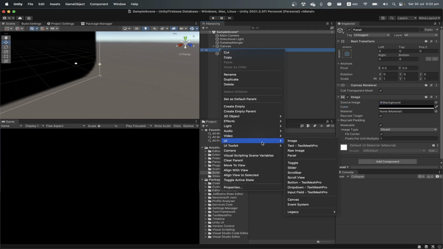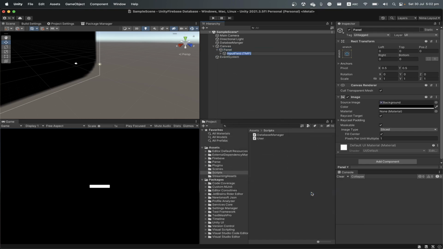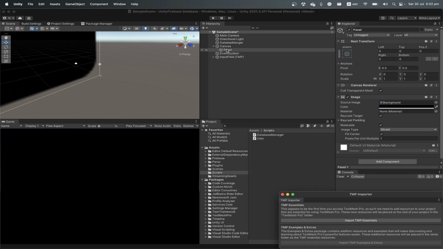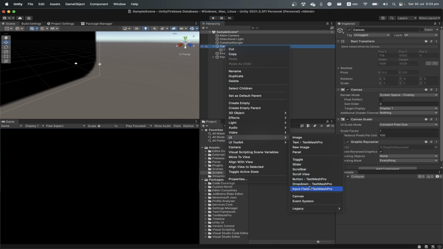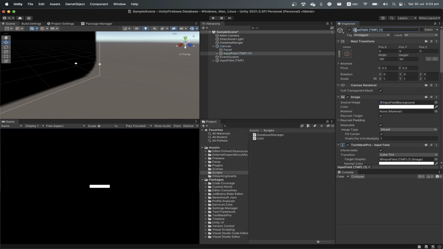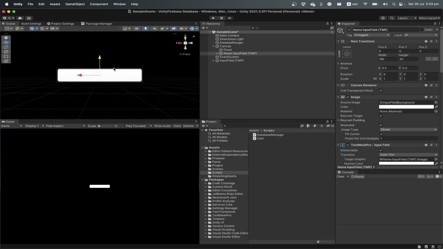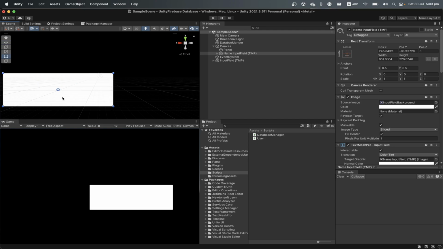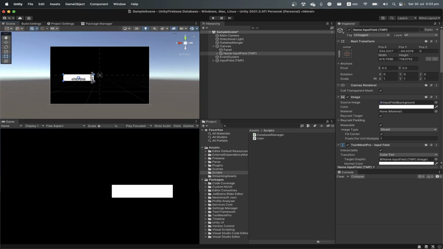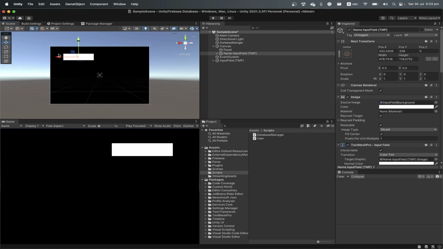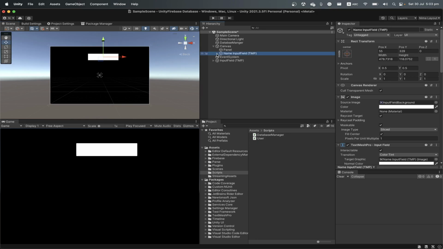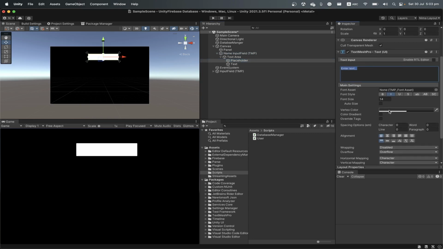and then we want two input fields. Actually here, name input field, and I can make this bigger because it's very small. So for the placeholder,